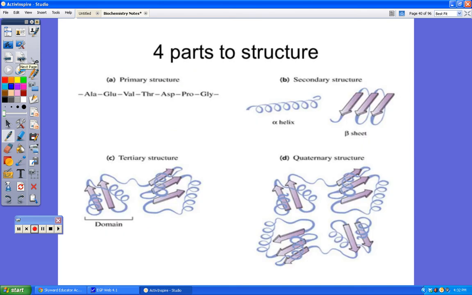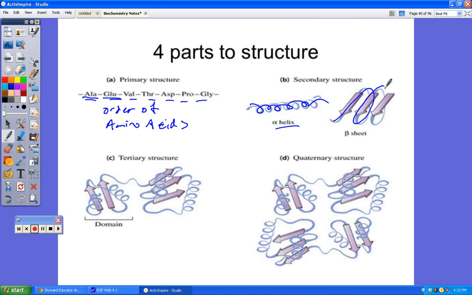And so there's really 4 parts to the structure. The primary structure is the order of amino acids. And this is the one that we'll spend most of the time talking about once we get to proteins a little bit more in depth. But then these form long chains. And when those long chains begin to spiral, we call it an alpha helix. And then sometimes they form spirals more like this, what we call a beta sheet. So this is a primary structure. This is a secondary structure.